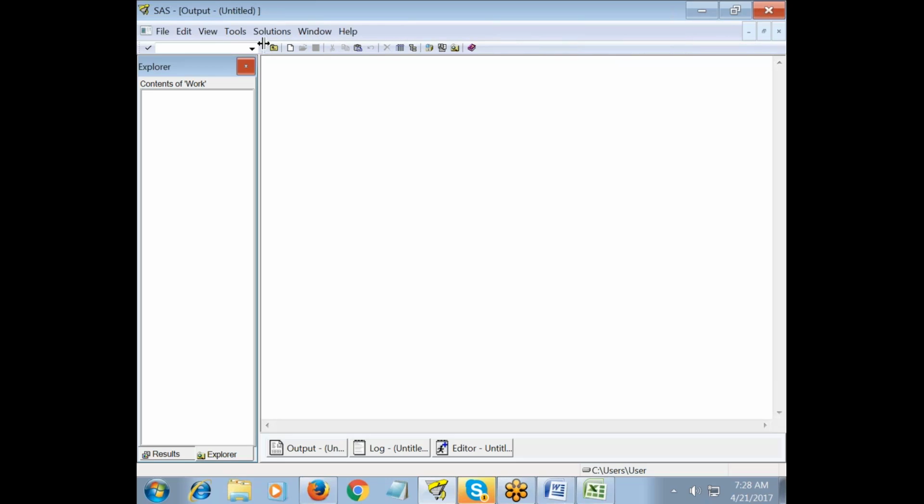Next one, the results window. What will it do? It will maintain a list of all printed results. Now I have done analysis 1, so analysis 1 will have a TOC. If I open a textbook, you know TOC, right? TOC stands for table of contents. So chapter 1, page number 5.